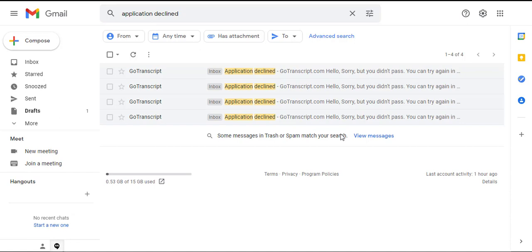Unlike other sites that once you fail the test, they tell you to wait for 30 days, or even 60 days, you can actually retake the test once you get notified that you've been declined. So that's the good thing with this one. So once you get that decline notification, you get into it. Sometimes you can actually retake the test that you had already taken. For example, I took a test that I had already taken, so I was fortunate enough to get that opportunity,